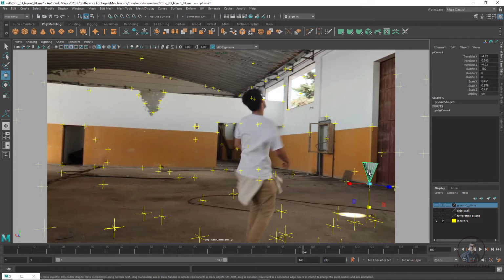Then press W here. Now press Ctrl D and create copies in different positions here. So Ctrl D, then press V, just place. Ctrl D, press V. Like this, press Ctrl D and V, and snap in different positions.